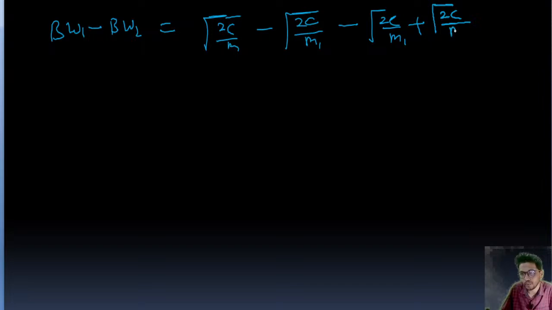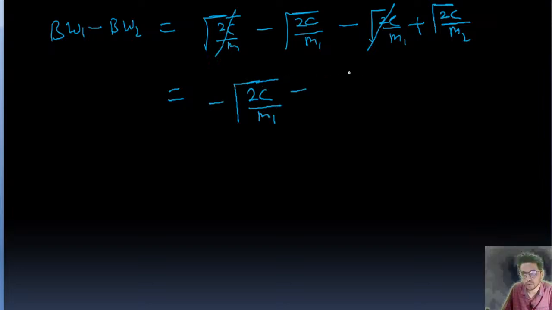This will get cancelled, guys. So this is going to be root 2c upon m2 minus root 2c upon m1. You can see m2 is greater than m1, m2 is 80 and m1 is 35. So this is going to give a negative value,